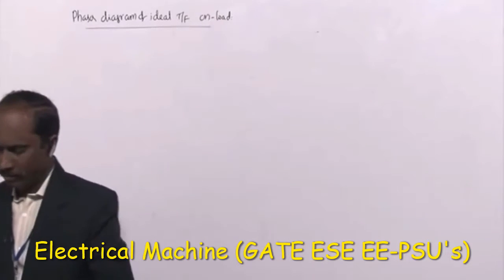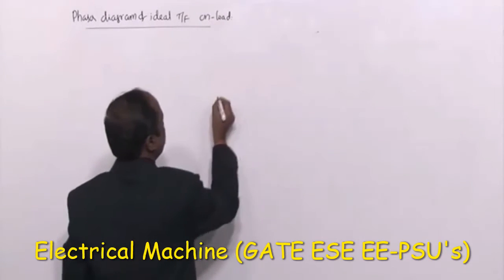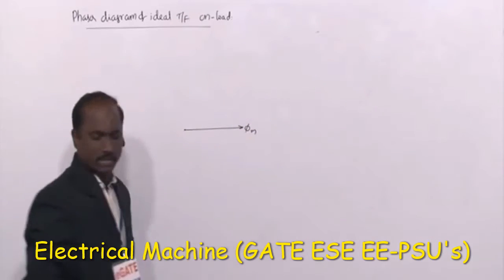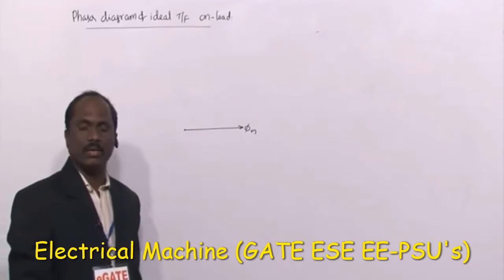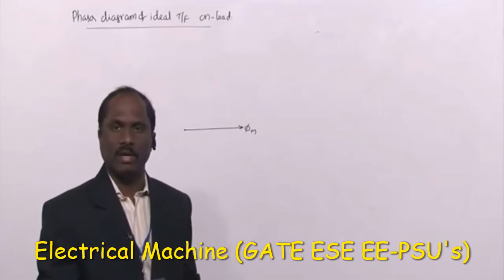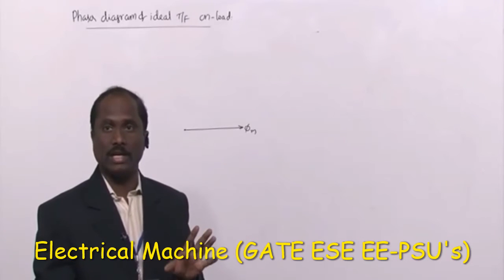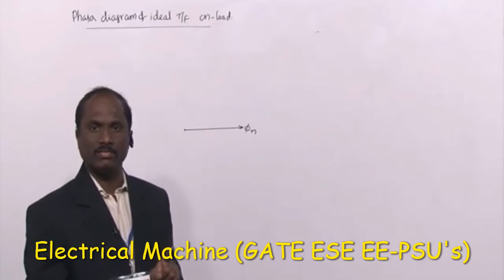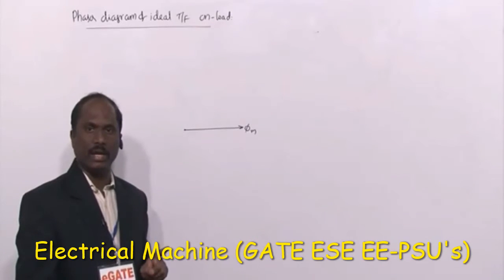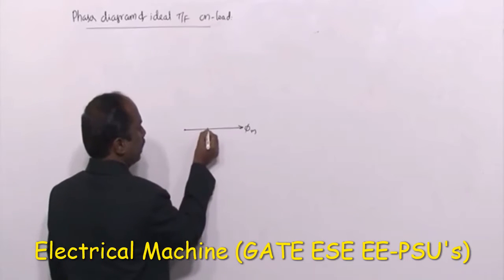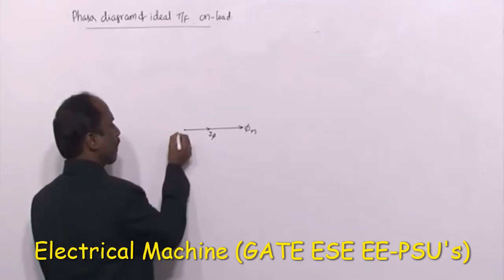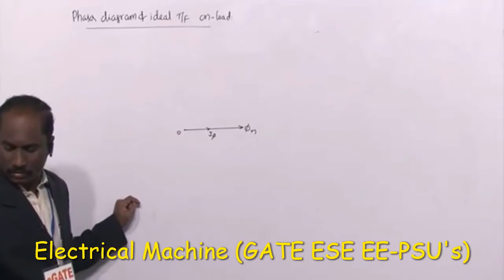On load we are going to plot the phasor diagram. Here, what is the reference we have taken, like the previous case? This is nothing but phi m. Initially, under no load condition, what is the current taken by our transformer when core losses are not there? That is only to produce the magnetic flux. So the current taken by the transformer is nothing but I phi, which is used to produce the magnetic flux.